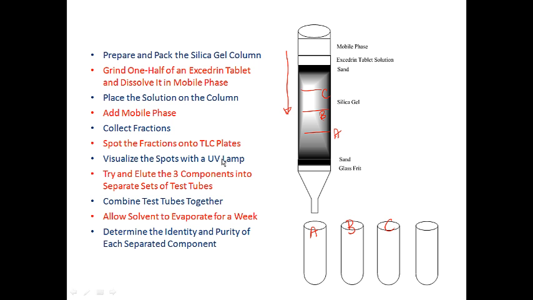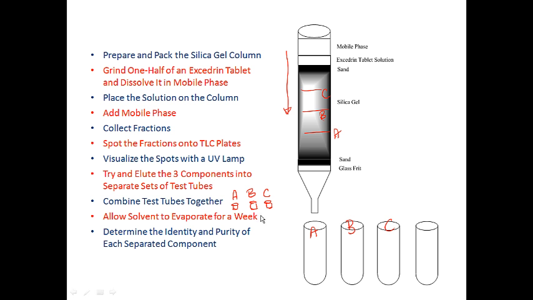The idea here is to try and elute the three components into separate sets of test tubes. Then we'll combine test tubes together so that in the end we'll have component A in one sample vial, component B in a second sample vial, and component C in a third sample vial. We're then going to leave the caps off and allow the solvent to evaporate for a week so that we'll have our solids, hopefully component A, component B, and component C in the three different